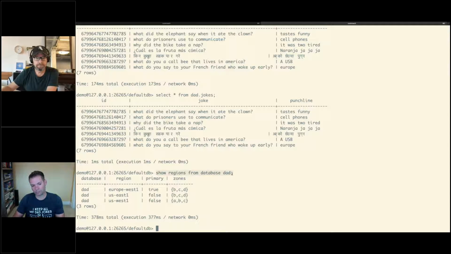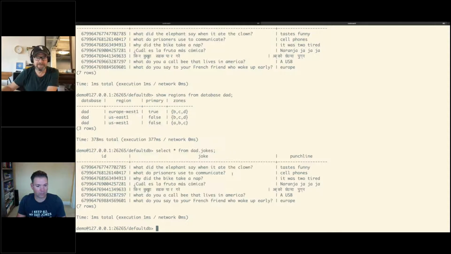So how long does it take for all these ranges, the data, to be moved around so it is easier to access? Is that all done now? Yeah, that's all done for you. You only had about 8 rows. There are a couple of dad jokes I can add for you if you want more.